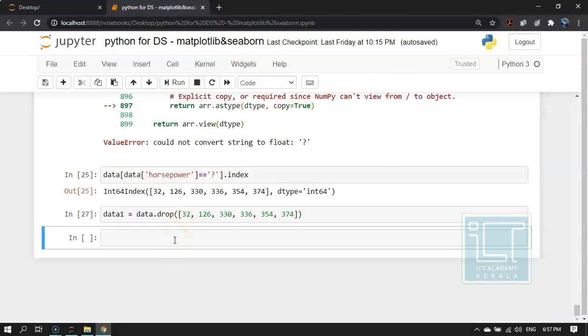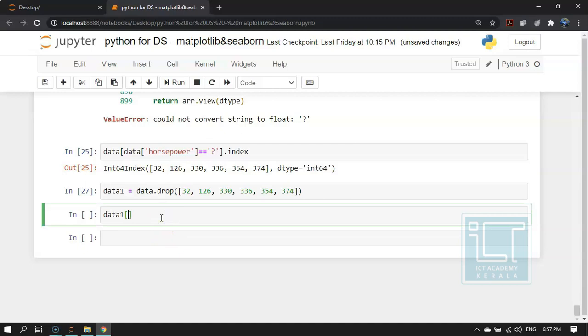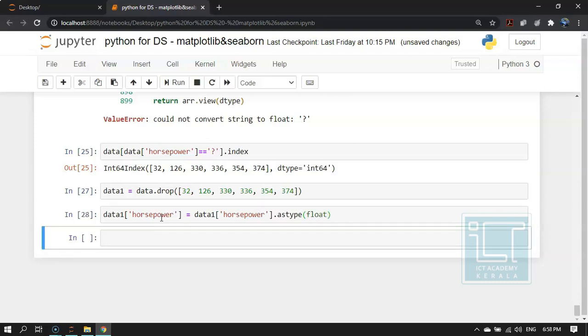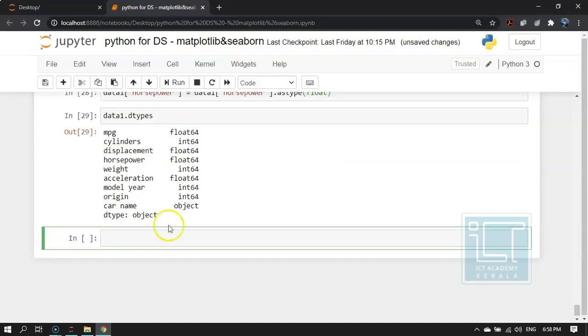So now again I will try to change the data type of horsepower. So now it has changed to floating point data type. So I will print the data types again. So now you can see horsepower is converted to a floating point.